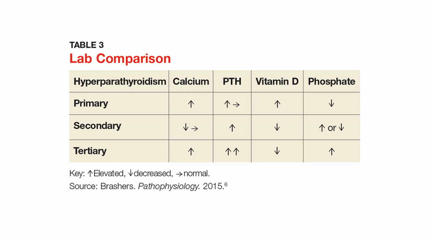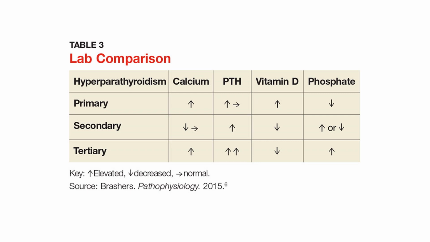Secondary hyperparathyroidism is caused by disease stimulating parathyroid hormone overproduction. Most common causes are kidney failure or vitamin D deficiency. In these cases, you will see decreased or normal levels of calcium, increased parathyroid hormone, decreased vitamin D, and decreased or increased phosphate. And tertiary